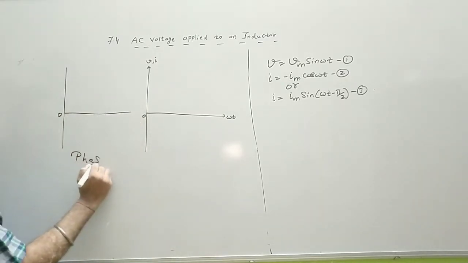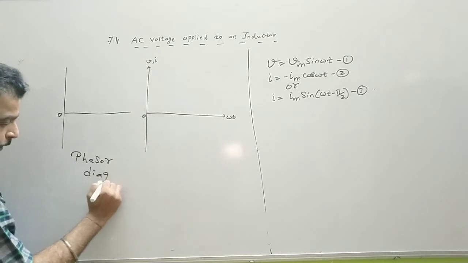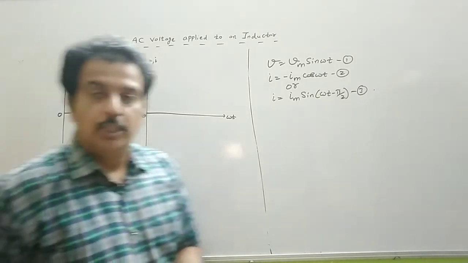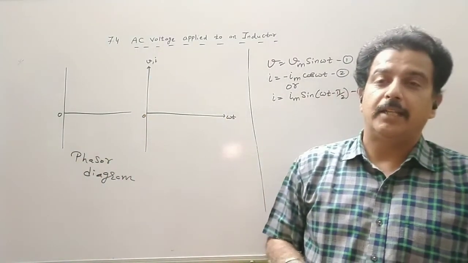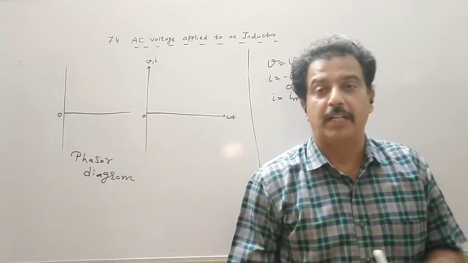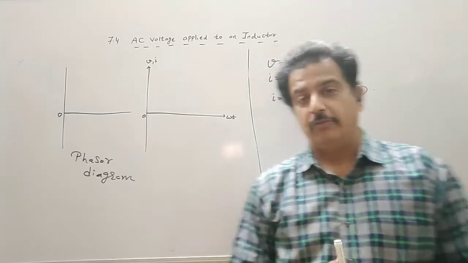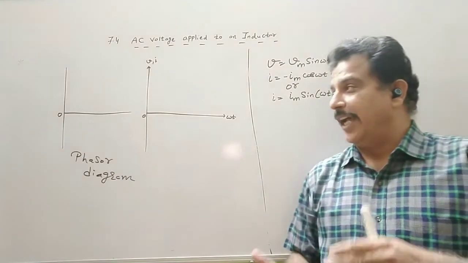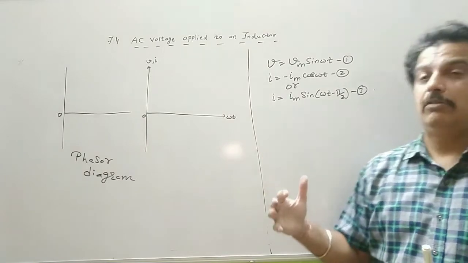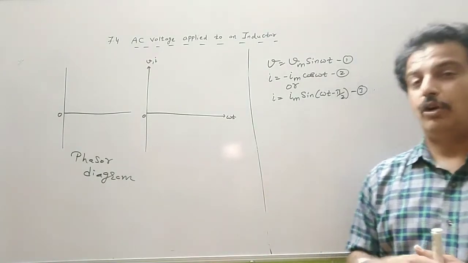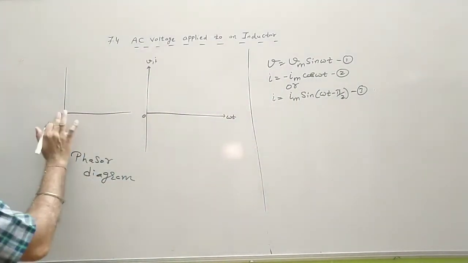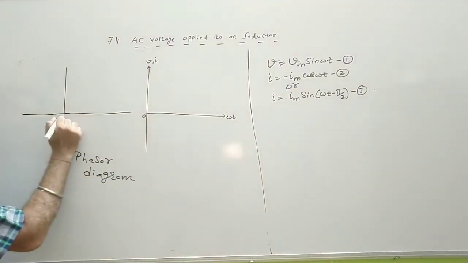So this is the phasor diagram. In the previous topic we discussed that any quantity which is scalar but we treat like a vector, we call it a phasor. A phasor is a vector which rotates about an origin with angular frequency omega, and as it rotates it draws a curve of sine or cosine. So let us draw a phasor diagram here at any instant.